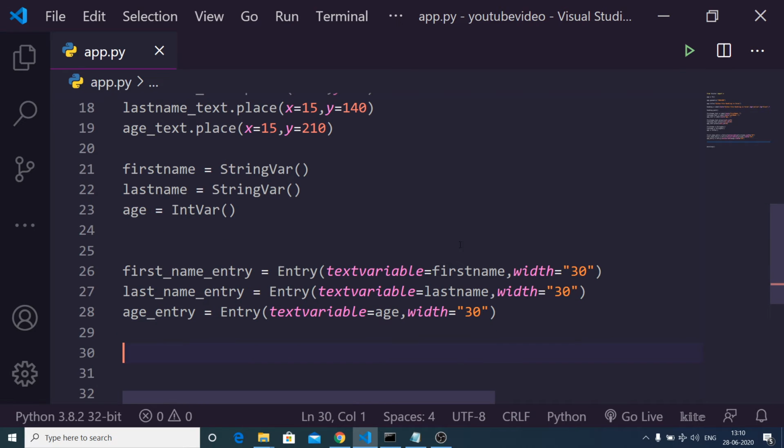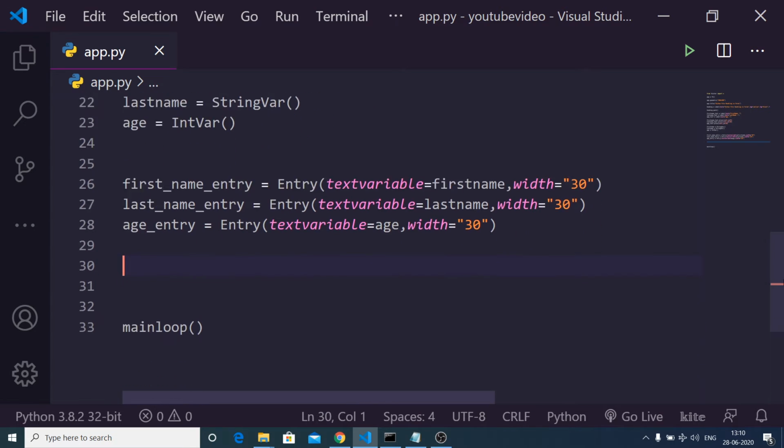And now once again we need to place these widgets on the screen. So we will again make use of the place method. So x will be 15 and y is equal to 100.